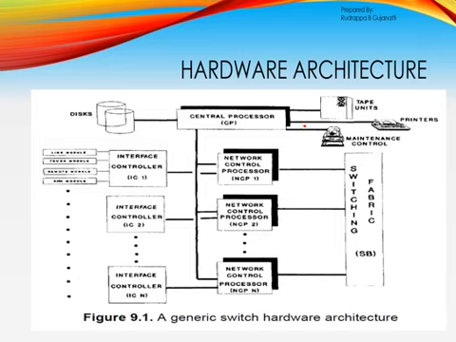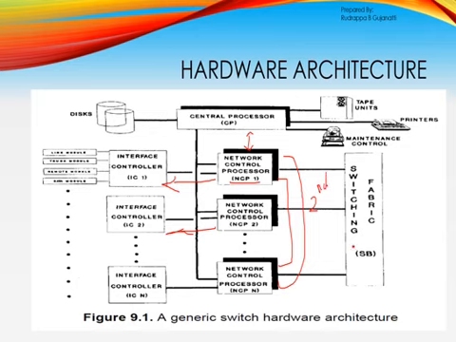Then let us come to the next one, which is the NCP. We have multiple NCPs which are in turn controlling the multiple ICs in their respective connections. It is also coordinating the activities with the CP, that is, the central processor. These are all second level processors. The CP is the first level and these are the second level.